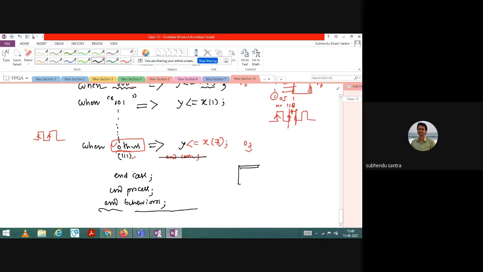You have to fill up this box like in digital, which you have studied. Complete will be 8. So 1, 2, 3, 4.